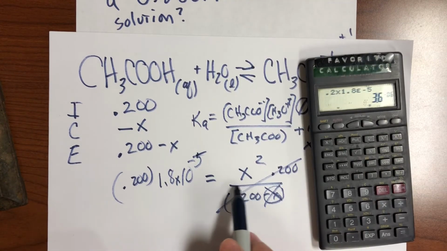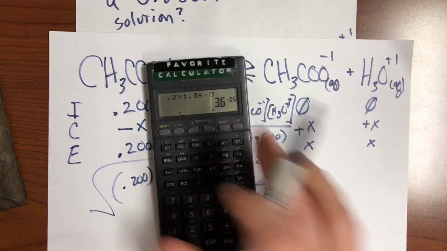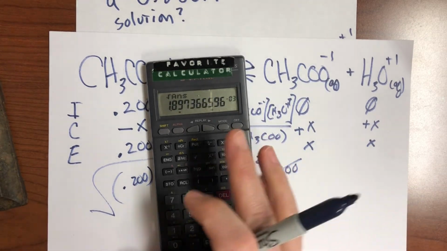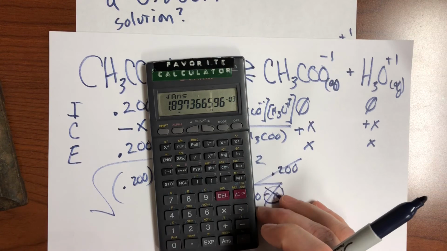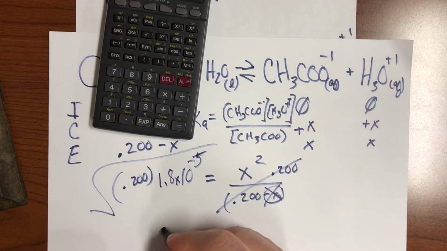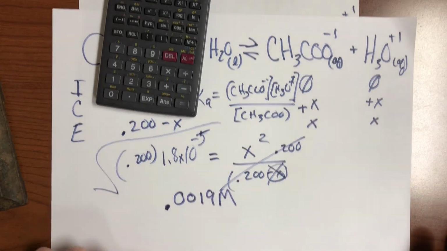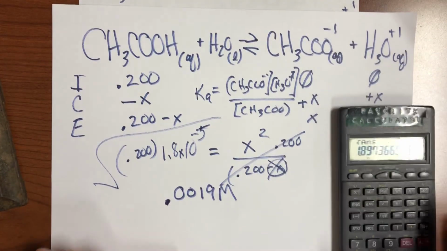But that equals x squared, so we're going to now take the square root of that answer. And we get an x value of 1.9 times 10 to the negative third, which is 0.0019 molar. Now the